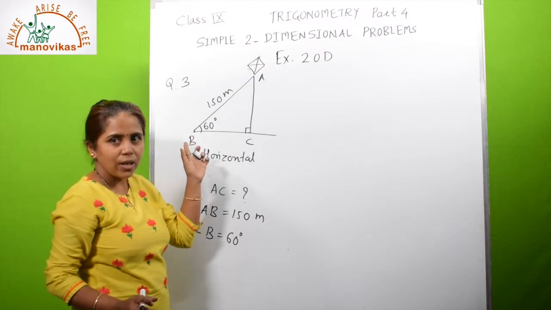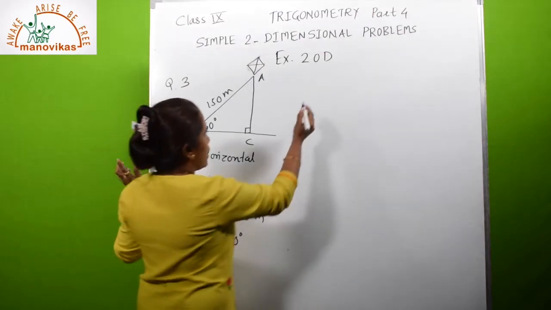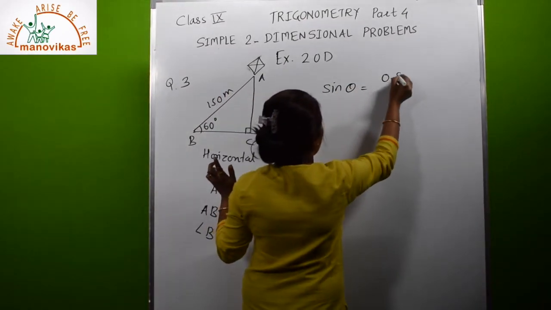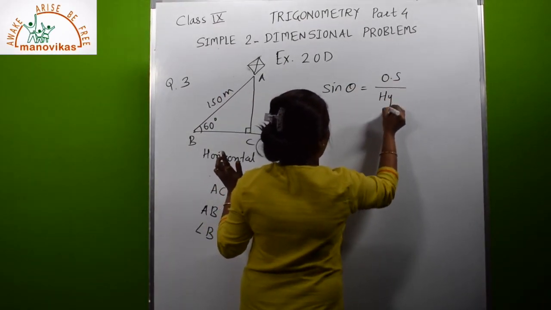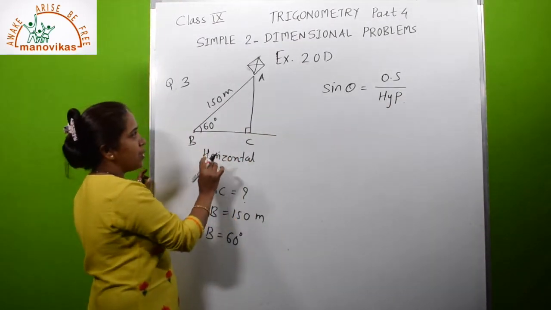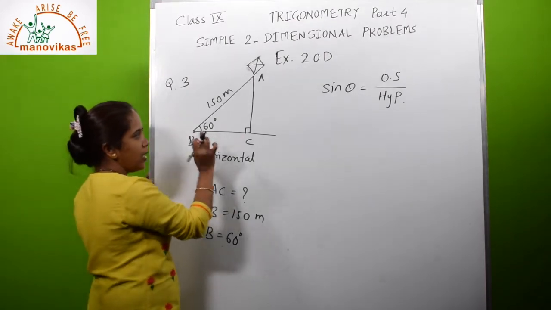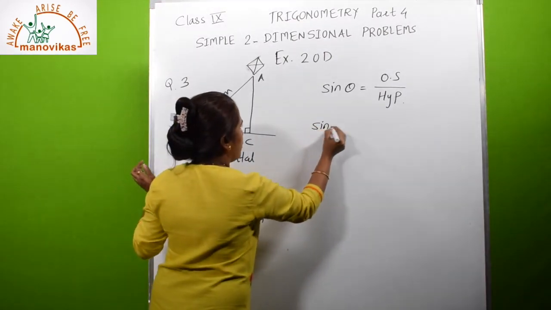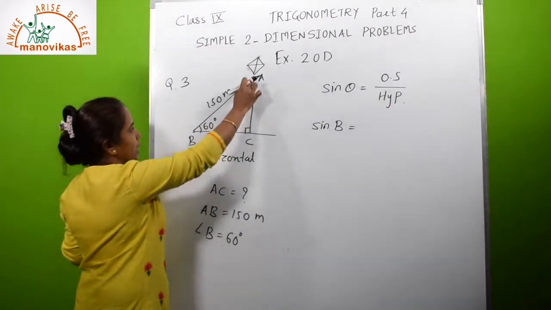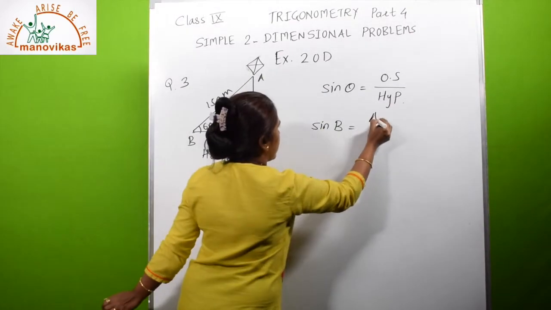Which is that ratio? That is the sine ratio. Sine theta is opposite side upon hypotenuse. So here we have to use the sine ratio for angle B. So for angle B, what will be the sine ratio? Sine B will be opposite side, that is AC,